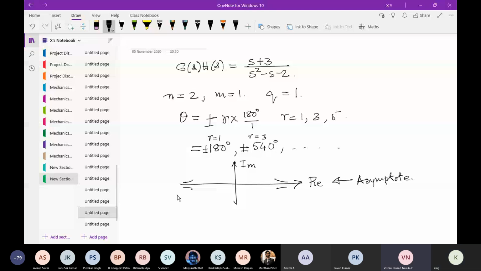Sir, here we took the condition KGH equal to -1, and then we took the argument of that. But there is the magnitude of that also, right? In that there will be infinity issues, I think. It will be like K b naught by a naught, m power something. But how is magnitude tending to infinity going to influence the direction of the asymptotes?